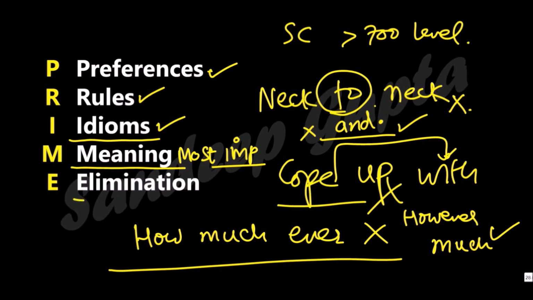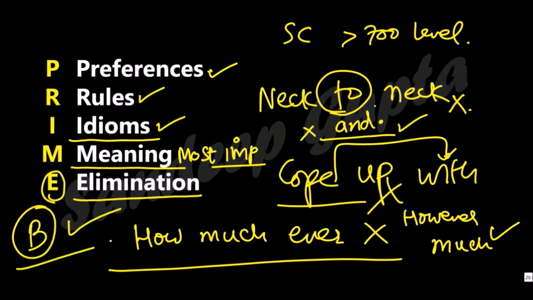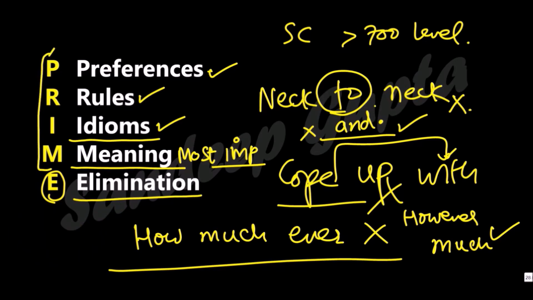And obviously we follow the process called elimination, not selection. So do not ever select that, okay, I like B as the answer, so B is the right answer, I will not check the other ones. This is a fatal approach. So you have to use elimination. The major method is PRIM here, and it leads to a beautiful acronym called PRIM, because the word prim is used with prim and proper English, and that is why PRIM is probably a very apt acronym for the entire sentence correction bit.